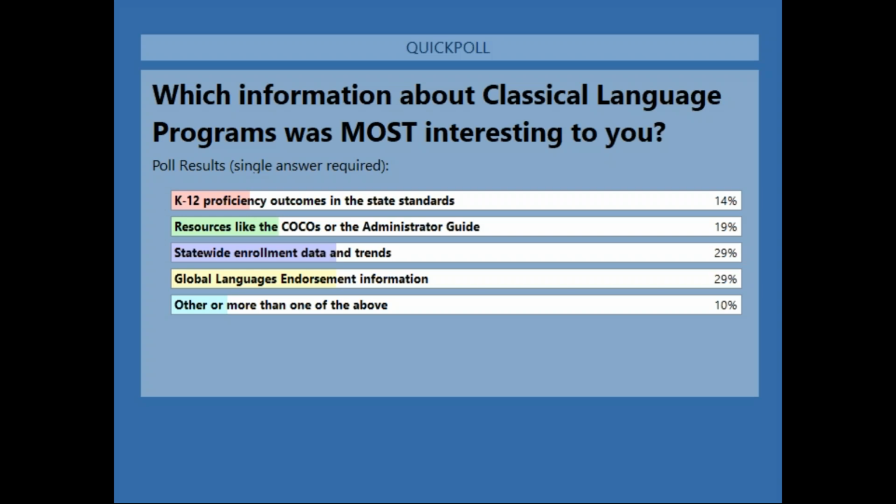I do see a quick question here that we need to address. This person said, so is it true that students and teachers do not have to do anything extra for our students who are in the 4th year of Latin in order for them to get the GLE, the Global Languages Endorsement? They just have to meet the grade requirements. That is true. And now remember that a Global Languages Endorsement, seal of biliteracy, implies biliteracy.